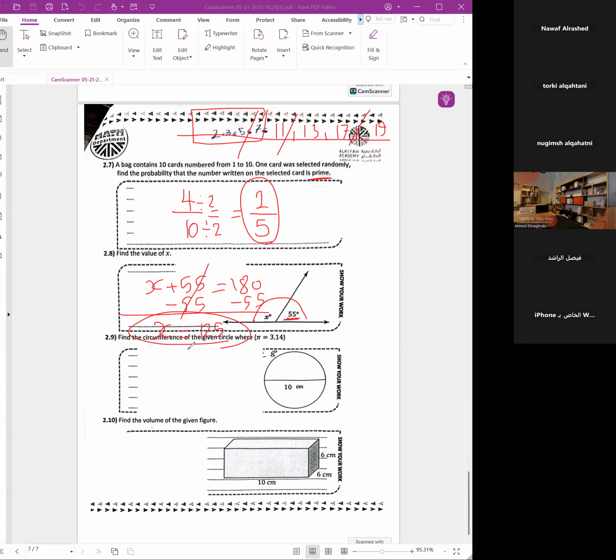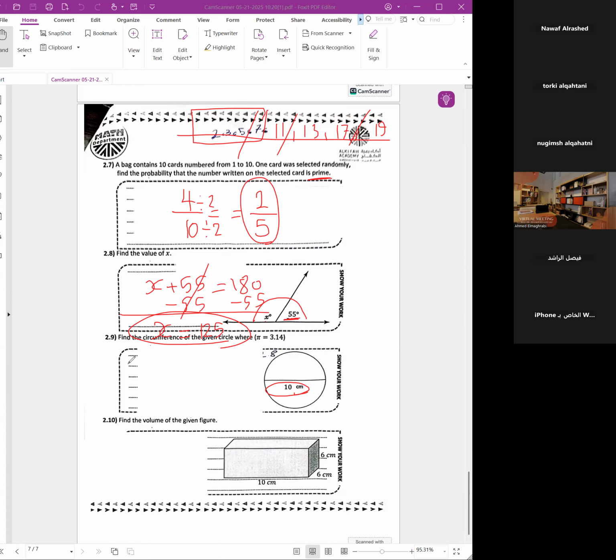Abdullah, be careful when you subtract numbers. Don't do it mentally, to avoid silly mistakes. 180 minus 55 is 125. Now, the next question, he asked me to find the circumference, but here the given is the